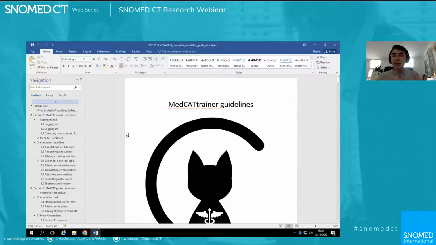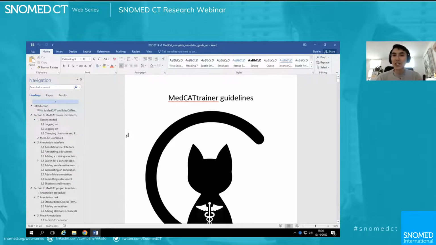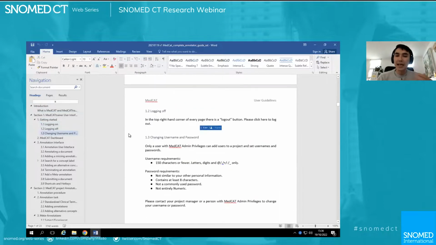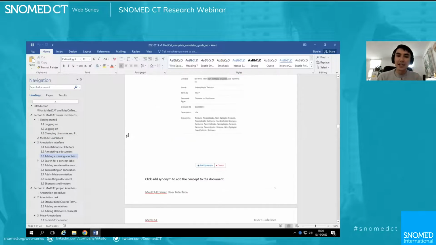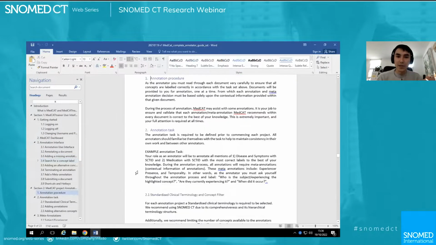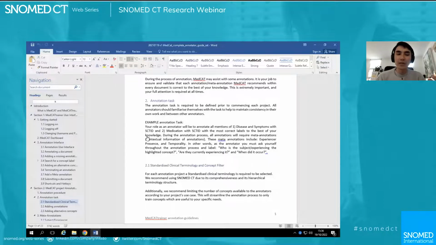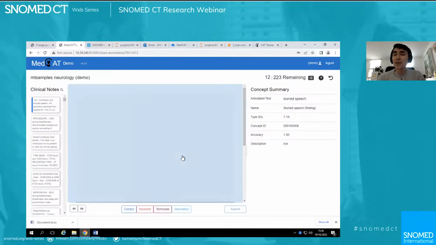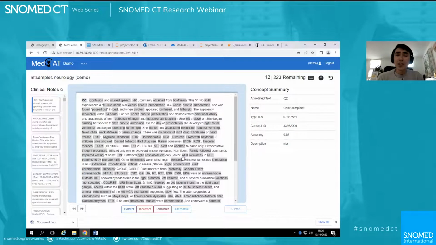This is something that we share with our annotators, and we produce an annotation guideline here. Fantastic. And then this is something that users can have a look at and read and understand what to do in certain contexts as well. You may notice that this is quite long, the annotation guideline. The reason for that is because we found that actually doctors don't read the annotation guideline, and they tend to go back to it if they have an issue. So you want to have it comprehensive enough that for any troubles, they can go back to it in the first instance before they ask a data analyst or someone who's in charge.